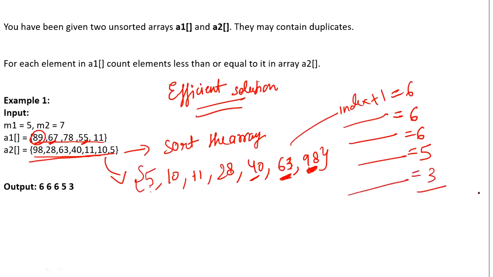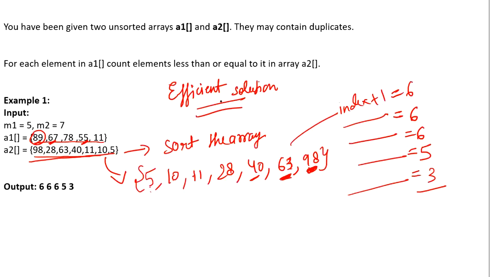Okay, so how will we get the largest element that we are talking about? By using binary search. By doing binary search on the second array, that is A2, we will find the index of the largest element that is either smaller than or equal to the element of the first array that we are considering. Now you must have got the idea of what we are trying to do and what we will do in this efficient solution.